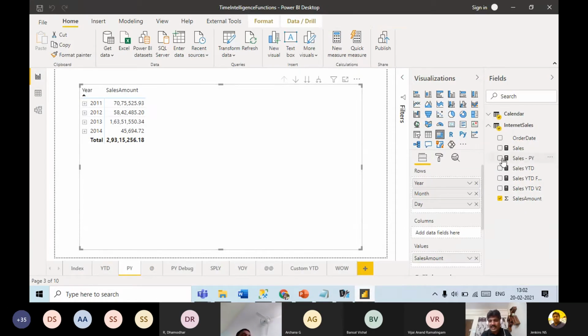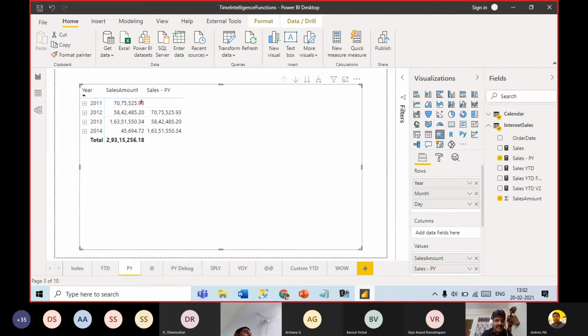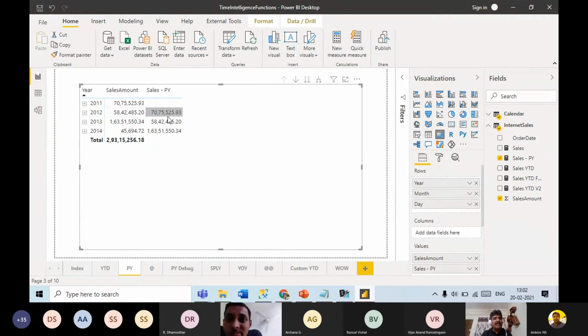Then let me add this to the report. So you can see this has come here. This amount coming here, this amount coming here, this amount coming here. So for the current year, I can show in this way the previous year amount.